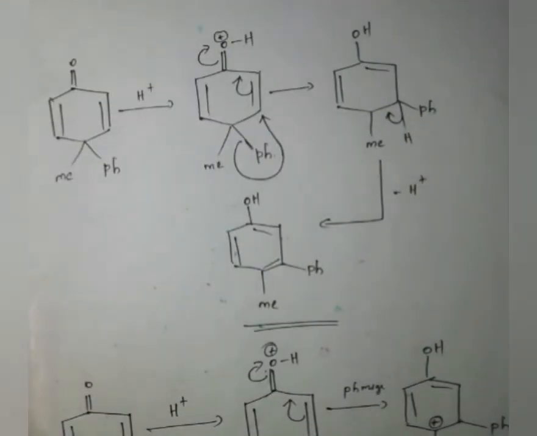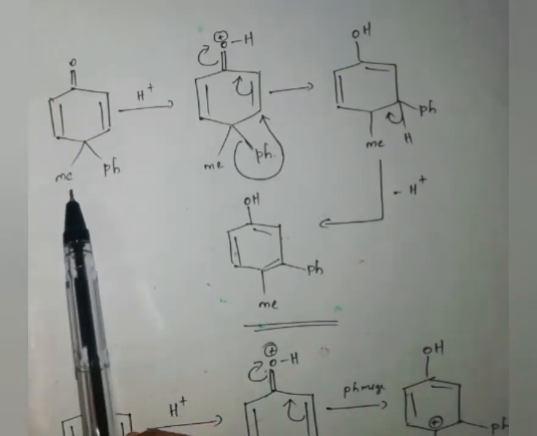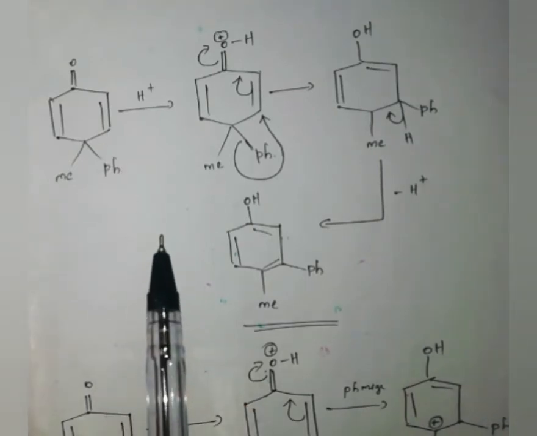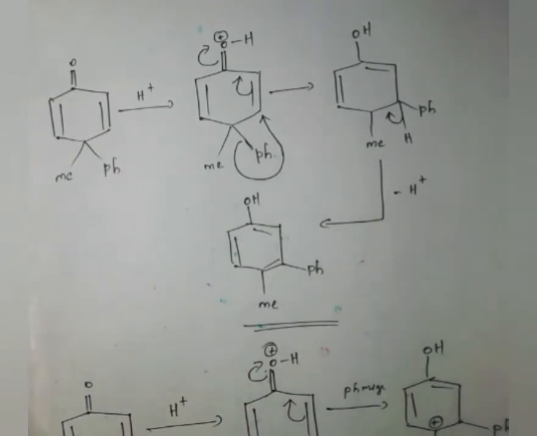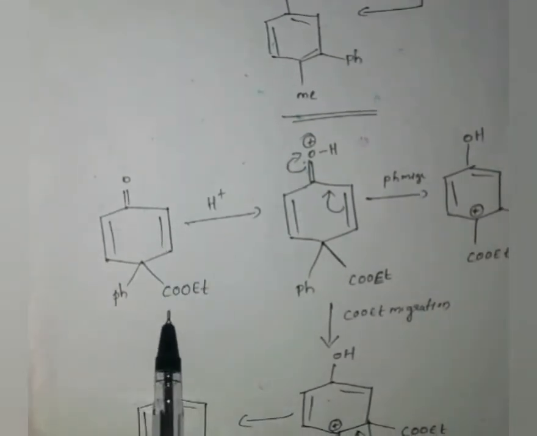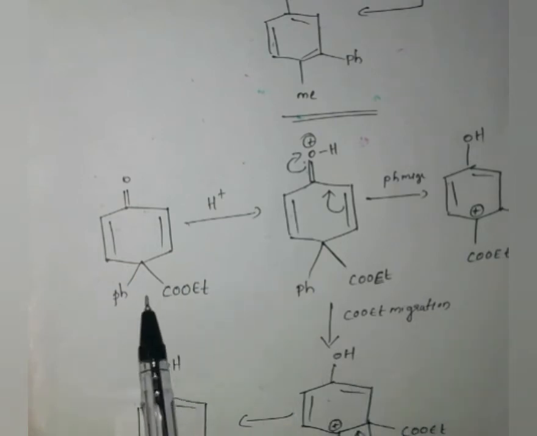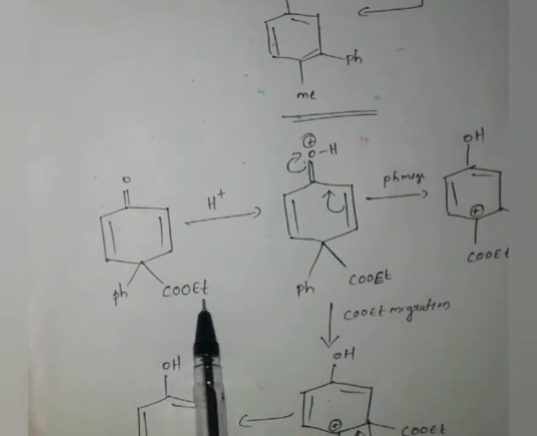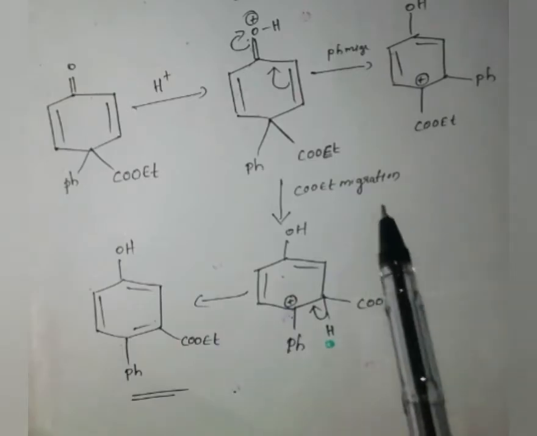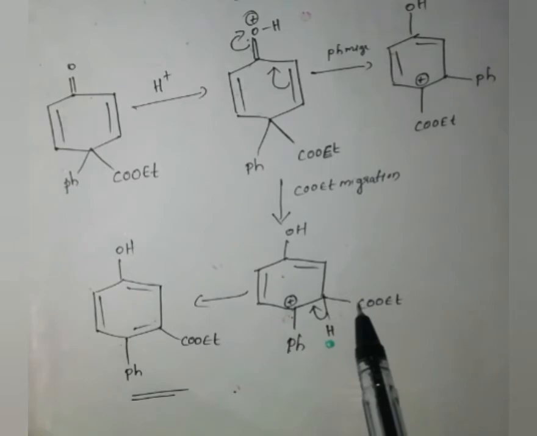So just keep in mind that where there is a phenyl or methyl group, the phenyl group gets migrated to the adjacent carbon, and that is the preferred product. And in the case of phenyl and any withdrawing group, or this kind of carboxyl group, the carboxyl group, this withdrawing group, gets migrated to the adjacent carbon. Okay, this group gets migrated to the adjacent carbon because